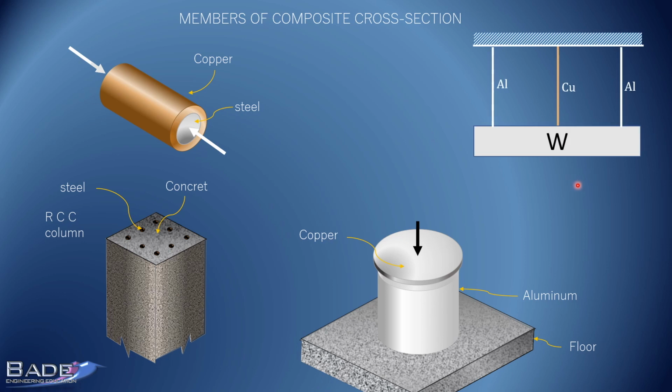Okay. One more example here. There are two aluminum wires and a copper wire. And this is the hanging load W. So this load W is not taken by just the copper wire or just the aluminum wires. This load W is shared by all three wires. Actually there are two materials involved. So materials are running parallel. So this is again the case.